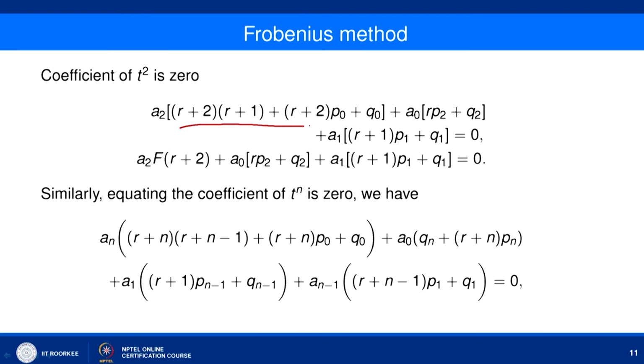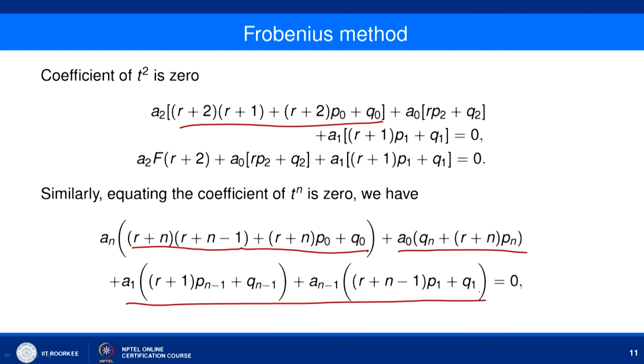So, this we can write in terms of f of r as a2 f of r plus 2 plus a naught r p 2 plus q 2 plus a1 r plus 1 p 1 plus q 1. So, if we know the values of a naught and a1, we can get the value of a2 from this. Similarly, equating the coefficient of t to power n to 0, we have the following expression: a n r plus n minus 1 plus r plus n p naught plus q naught,